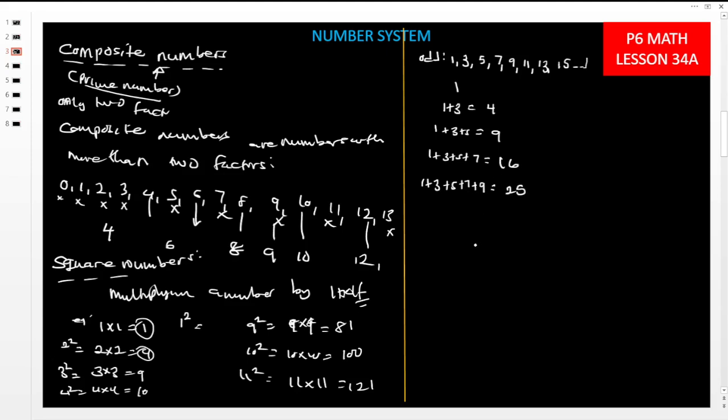Now from there we can add 1 plus 3 plus 5 plus 7 plus 9 plus 11. Here we are getting 36. Then we have 1 plus 3 plus 5 plus 7 plus 9 plus 11 plus 13. We are getting 49. So when we look at this pattern, we are getting what we call the square numbers. Apart from squaring them like this, we can also get them by adding consecutive odd